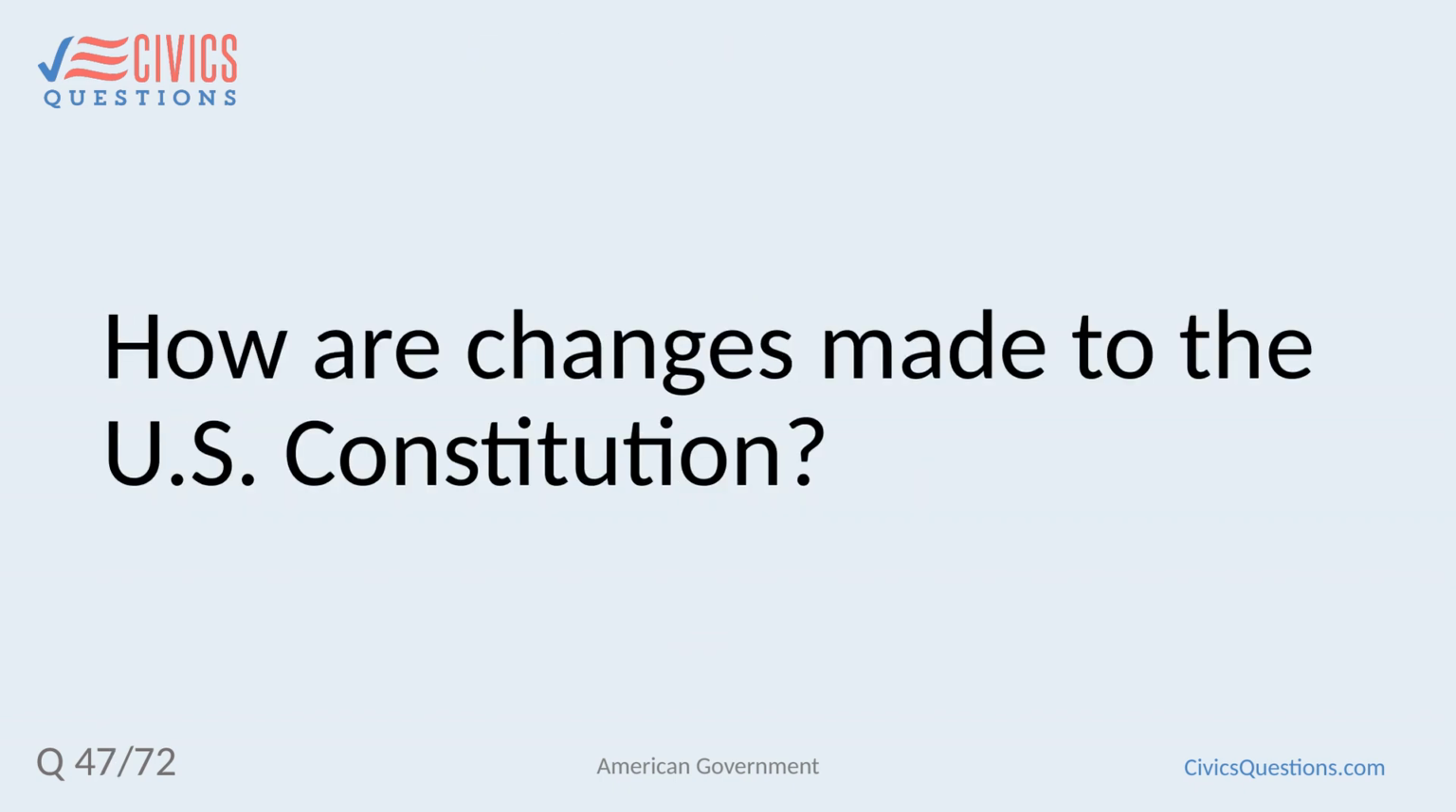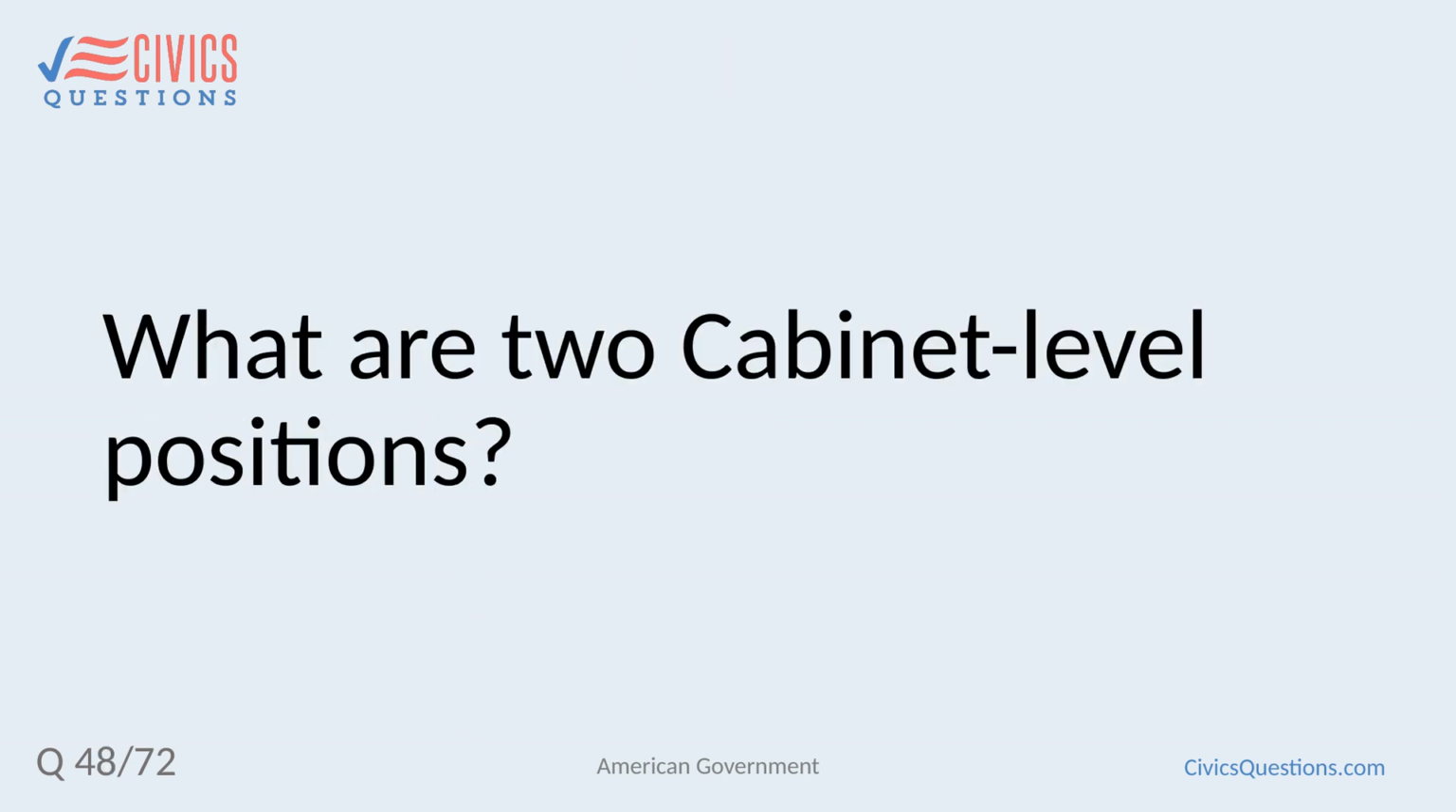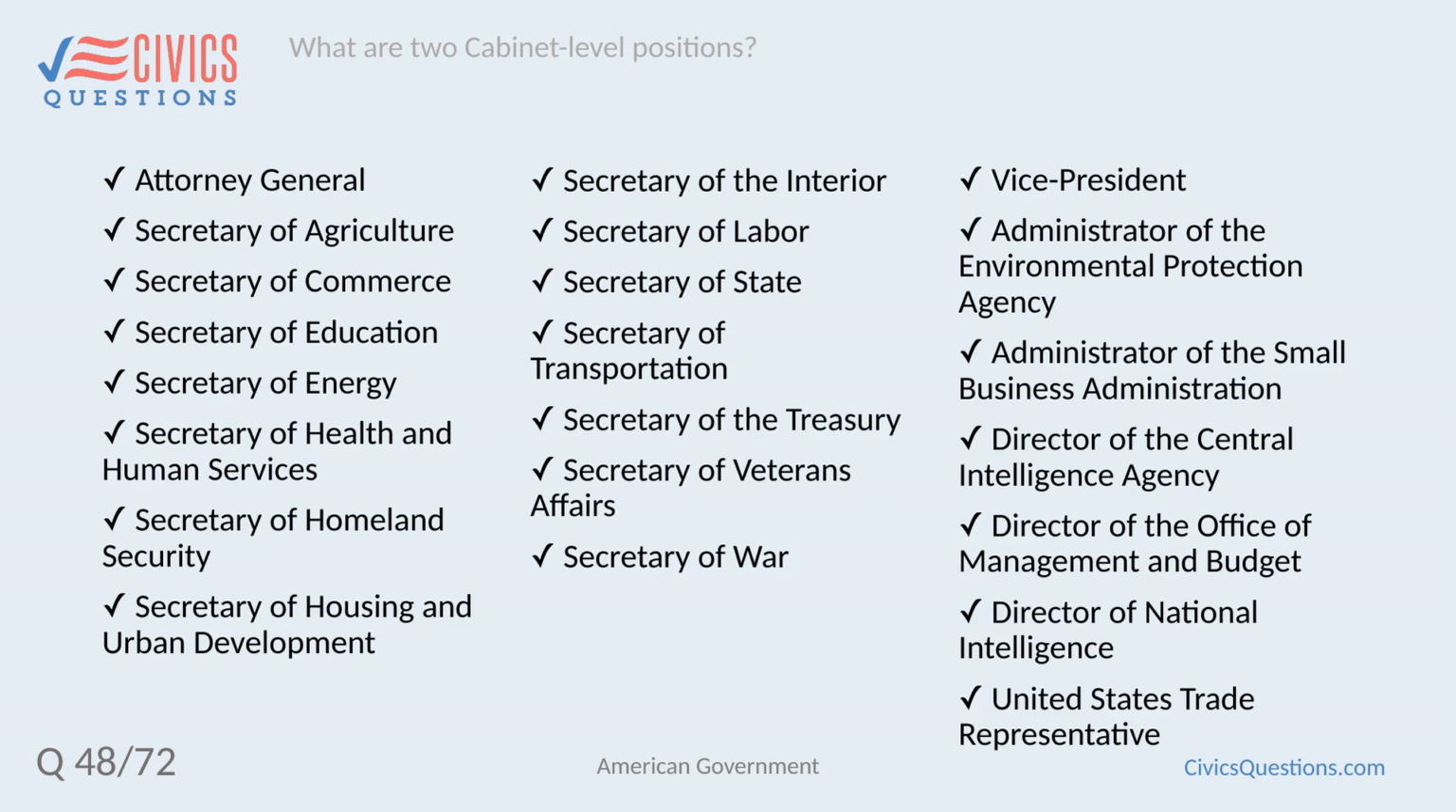How are changes made to the U.S. Constitution? Amendments. The amendment process. What are two cabinet-level positions? Attorney General, Secretary of Agriculture, Secretary of Commerce, Secretary of Education, Secretary of Energy, Secretary of Health and Human Services,